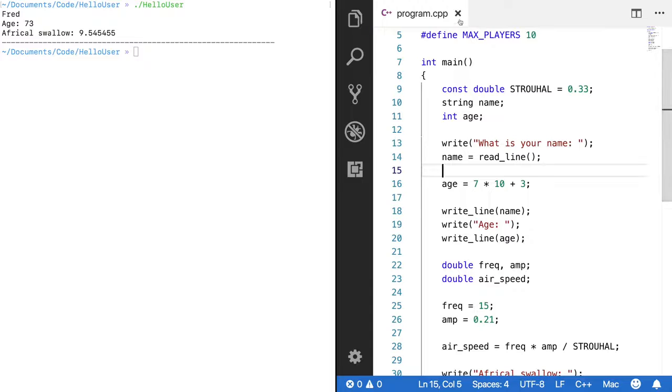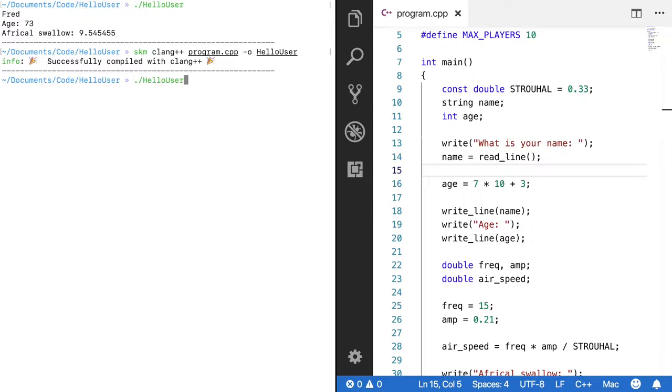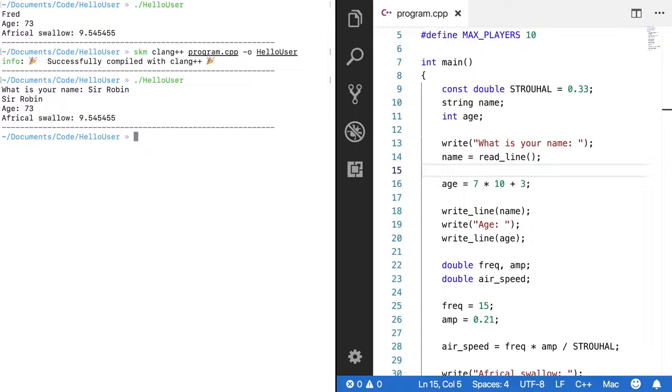Let's save my program using the shortcut key, come back here, compile my program, and run it. Oh, look, I've arrived at the bridge. What is your name? And we can see, based on the name that I type in, this line of code, or this line of input,